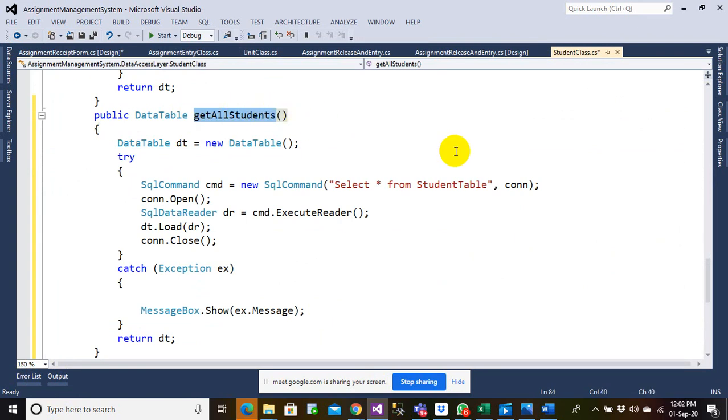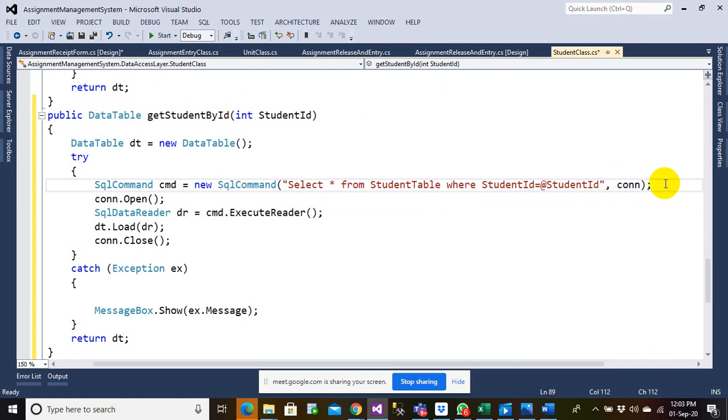Get student by ID, integer student ID, and the query should be where student ID is equal to student ID, because I am selecting by student ID.